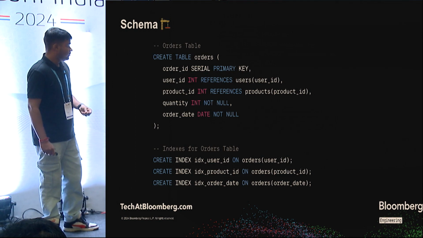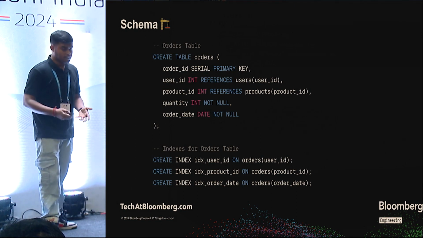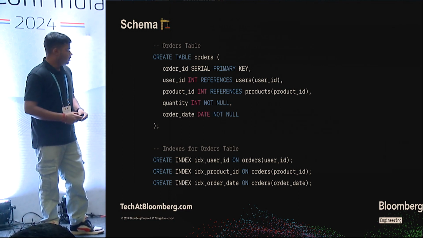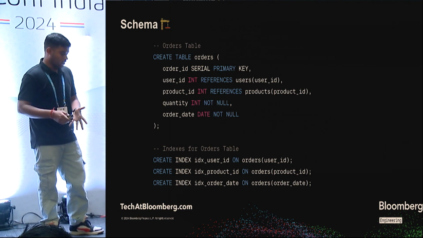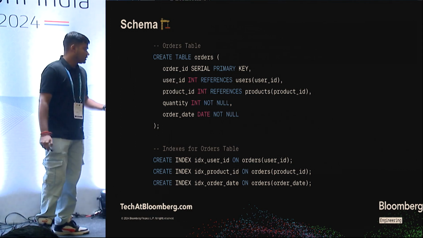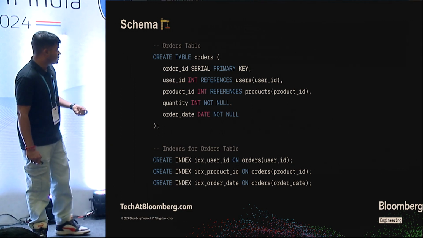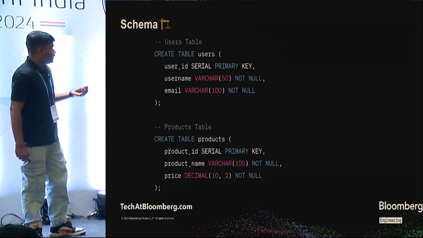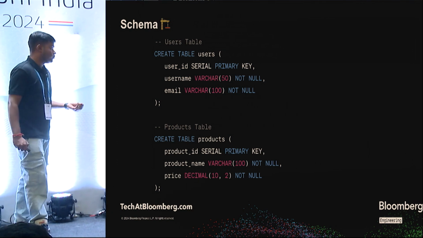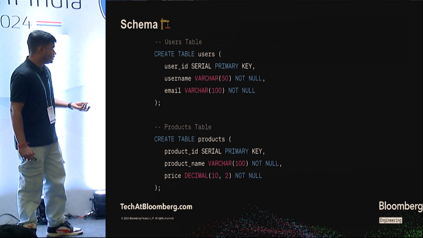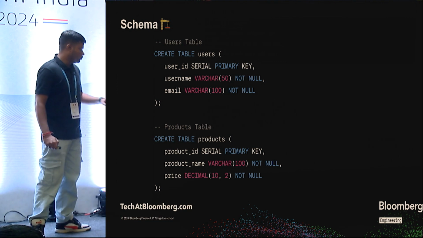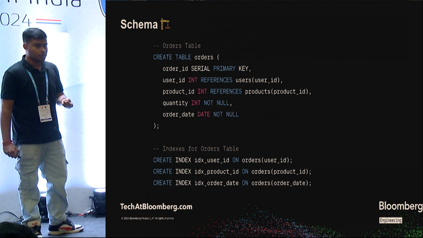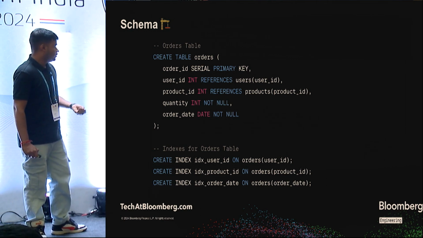In order to give a hands-on experience on how we are optimizing our query, I'll be using this sample schema, which is quite straightforward, to show how we optimize our query step by step. It has three tables: the user table, the product table, and the order table. As their names suggest, the user table provides the details of the user, and the product table has the details of the product, out of which the most important is the price of the product. The order table has the quantity of a product that a particular user has bought, and